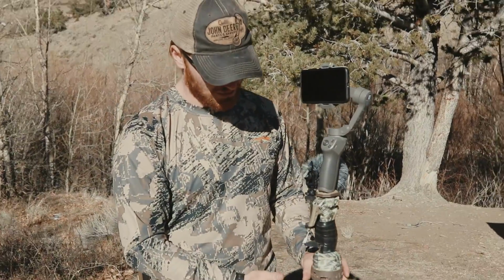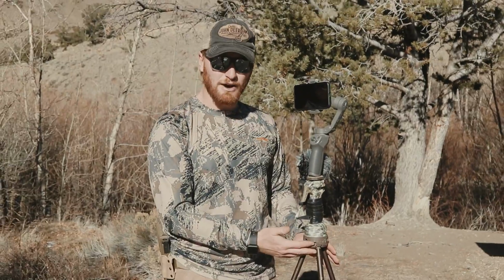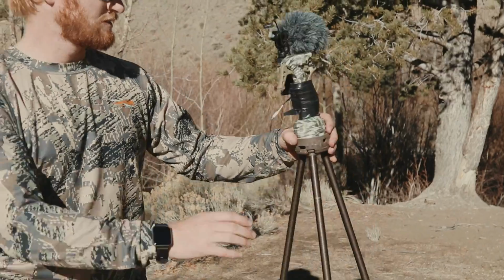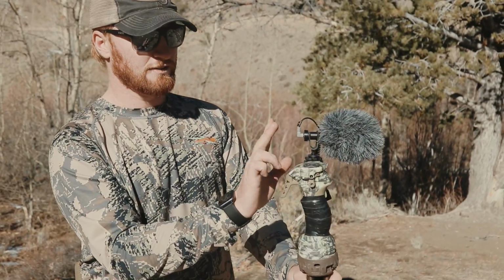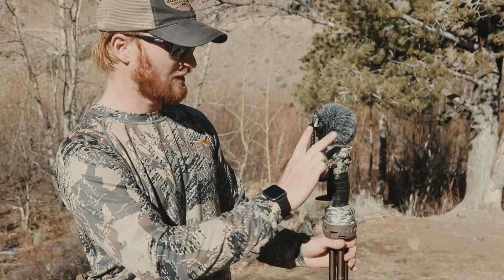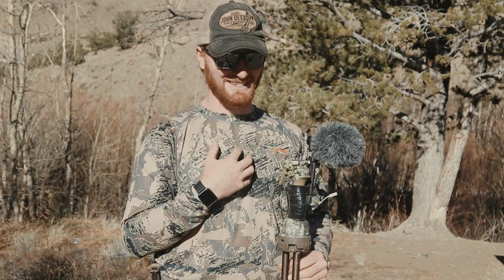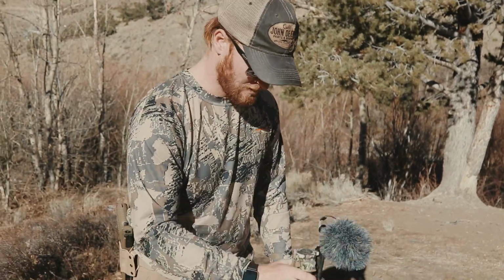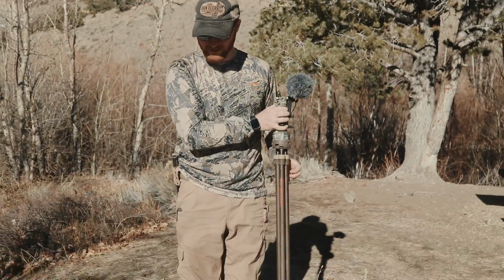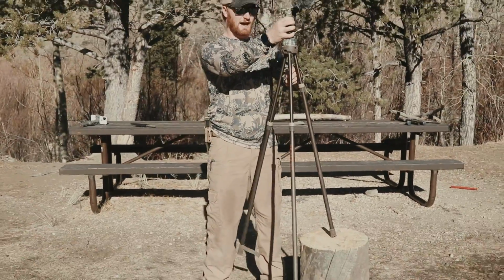I have it attached to, I'm not sure the make, I think it's a Primos. This is a tripod that most people use for hunting. It comes with a little gun V that you can put on top. This is, in my opinion, the best filming tripod ever for people in the outdoors. So you have this trigger here. Now, no matter the terrain, normally I have my gimbal up here. I can drop it